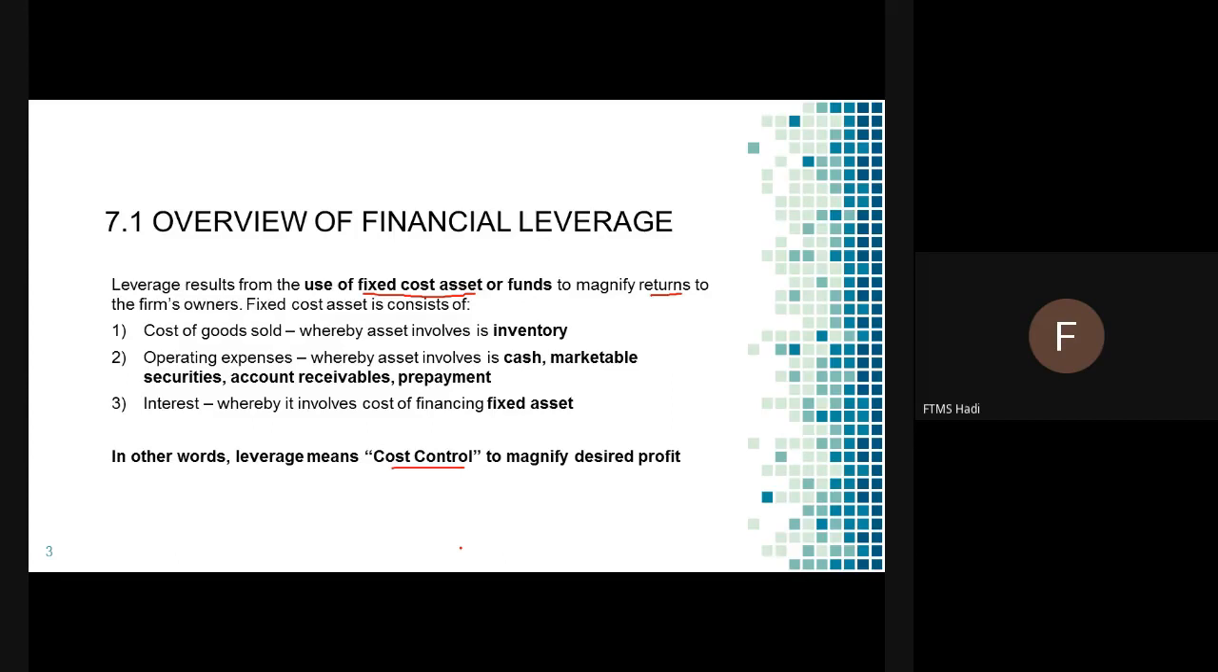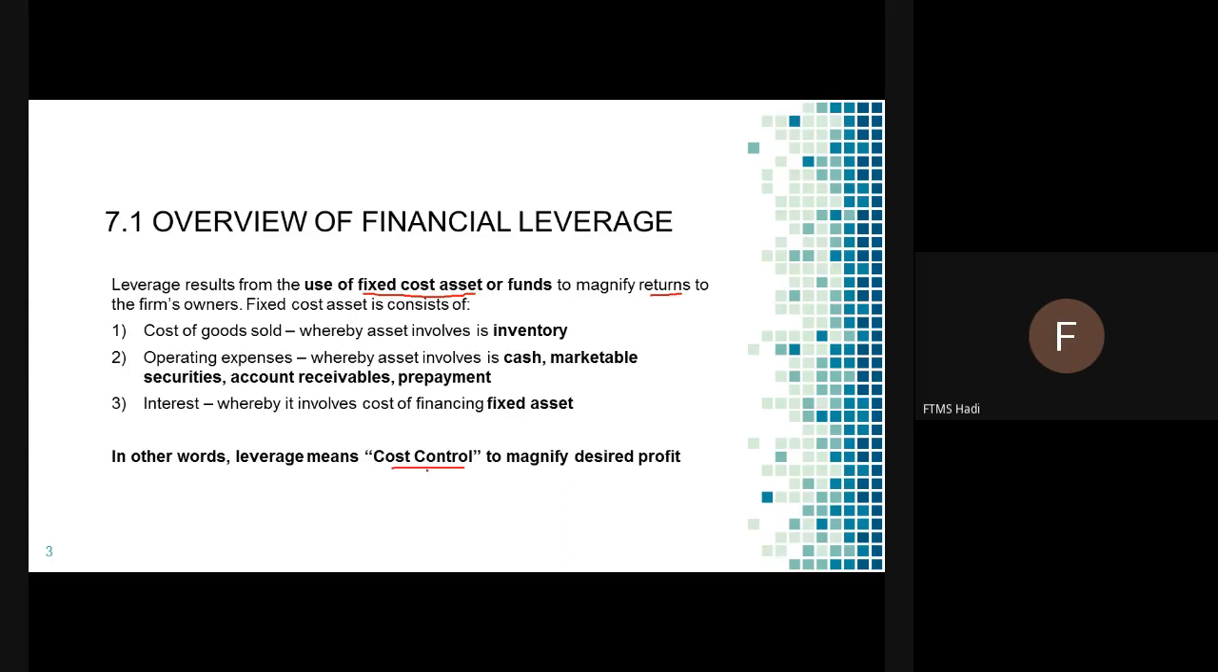Logically, if cost is too high, the return or profit will become too low. Okay, hopefully you understand what I mean. If the cost or the expenses is very high, therefore the profit will become low, because the money going out is so much. If possible, for the company, the better the revenue, the better the profit will be. Okay, so